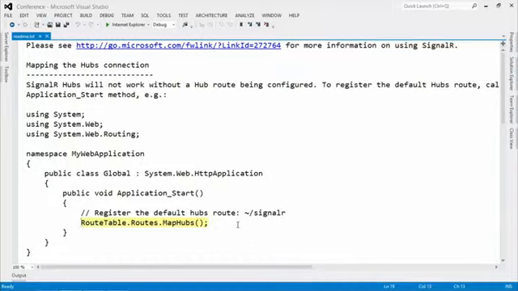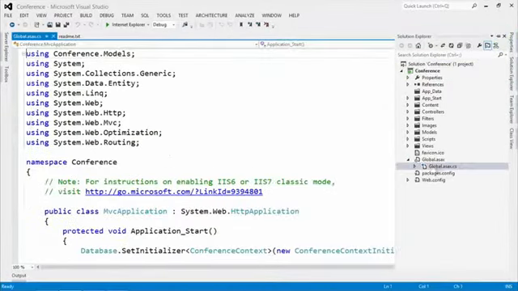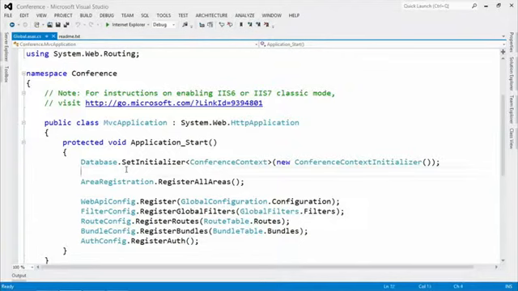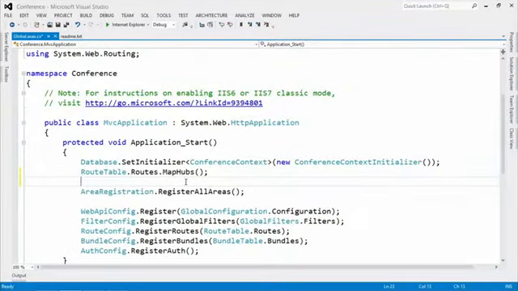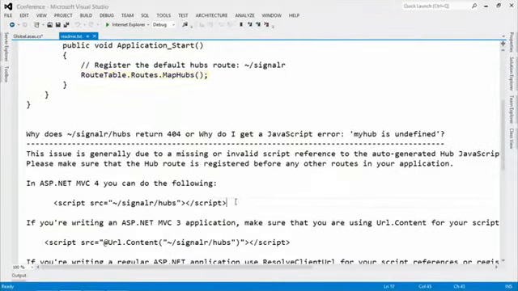There we go. I need to register my hubs. So it just flat tells me, hey, go put that inside your global.asax. Okay, fine. Let's open global.asax and just go ahead and paste that right there. Okay, that was easy. Yeah. Done. And then the next part is right here, which is where I have to bring in the reference for